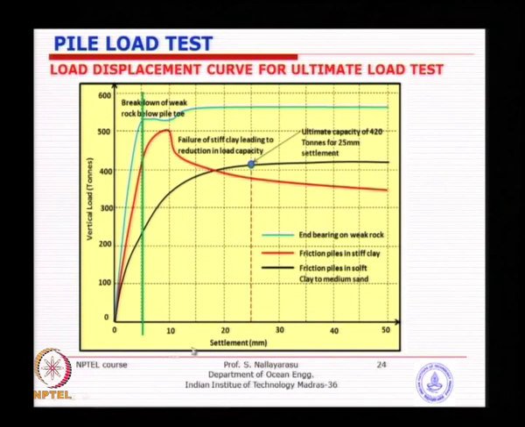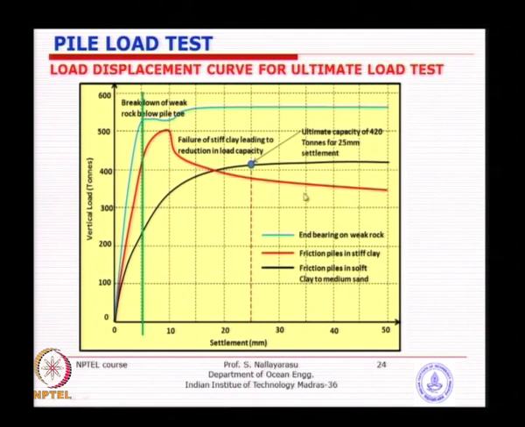If you have only established up to, for example, some lower displacement, because you are not going to do a failure test, you are going to do a working load test just up to the linear portion, then you may not actually reveal how the behavior is after this. This is why at least 1 or 2 piles at the site you have to do up to failure to see how much margin you have. It can behave this way, which we do not know unless you do the testing.